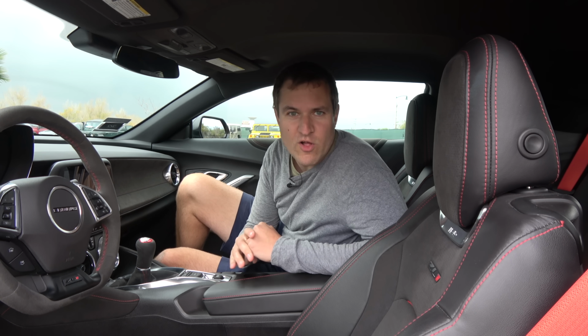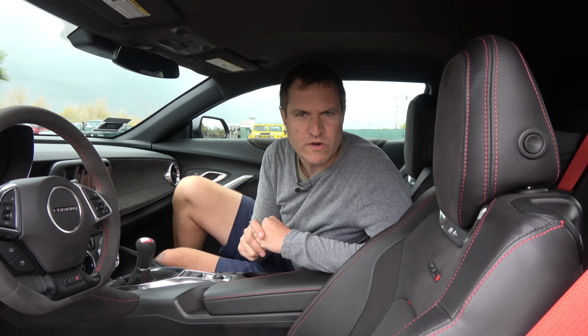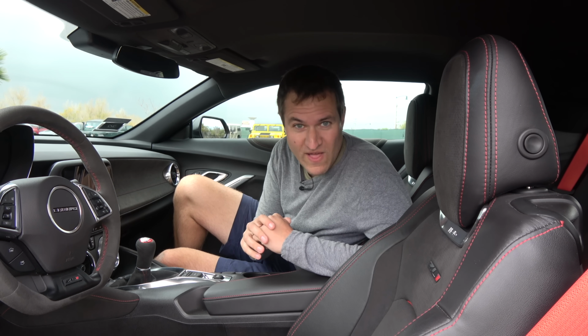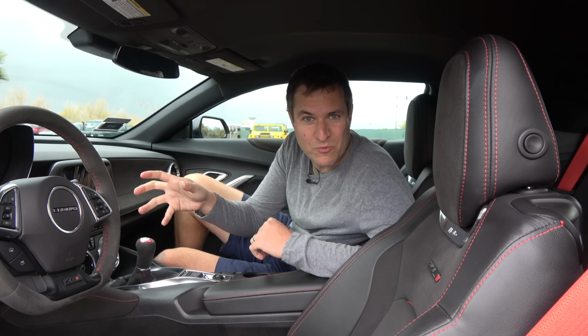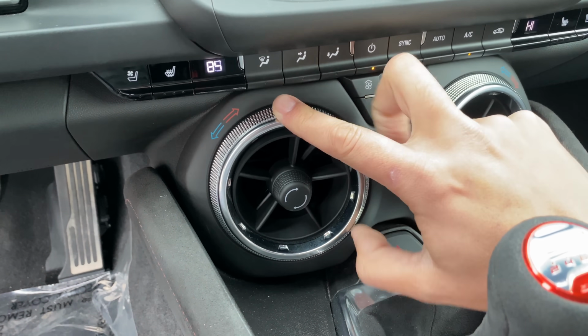Now next up, beyond all of the special 1LE stuff, a couple of other interesting Camaro quirks and features. My very favorite quirk about the latest Camaro models is the way you adjust the temperature for the climate controls. The climate control vents are circular and there's a little silver ring around them. You turn that ring to the right or to the left and that adjusts your climate control temperature, warmer or